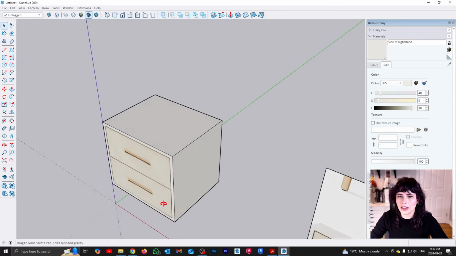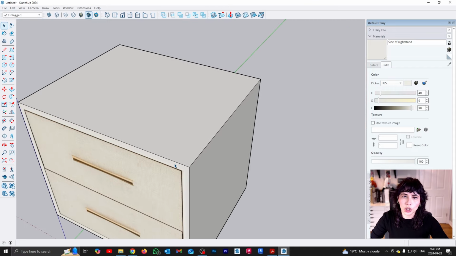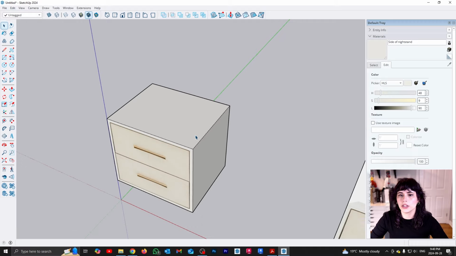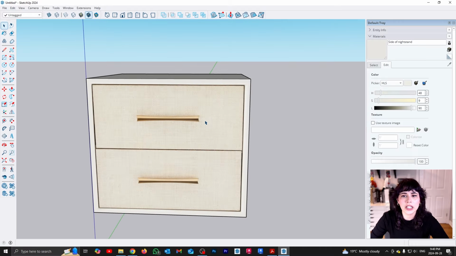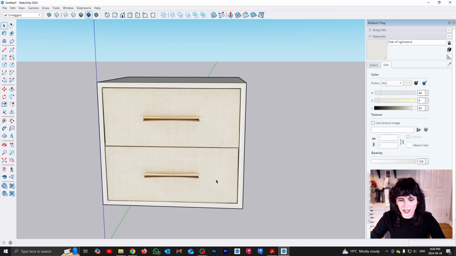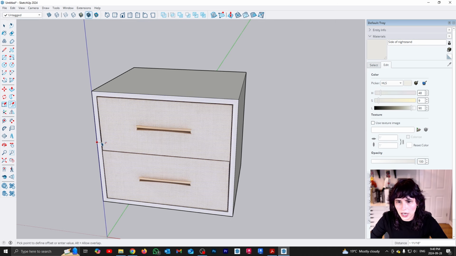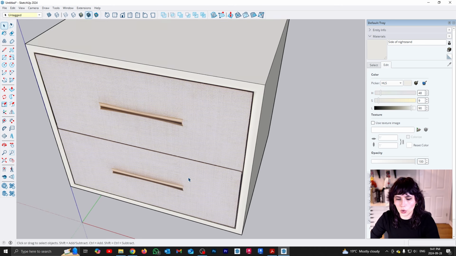And that is going to edit the material so it looks much more closely related to the front of my nightstand. To add a few additional details, I could leave it like this, but I love detailing. I'm going to use my offset key to create an offset just to highlight the boundary between the nightstand and the drawers. If I want to add even more detail, I can use my push-pull tool and here just